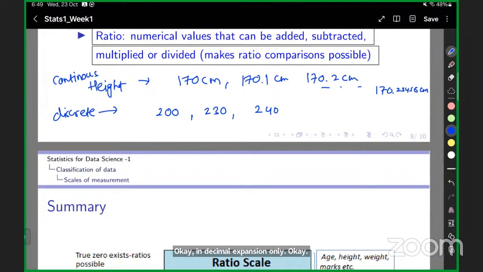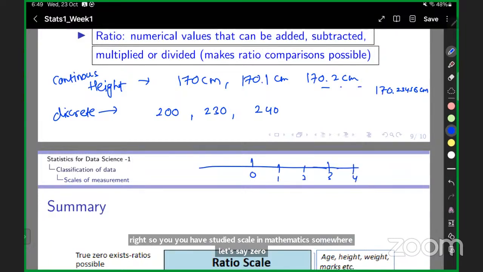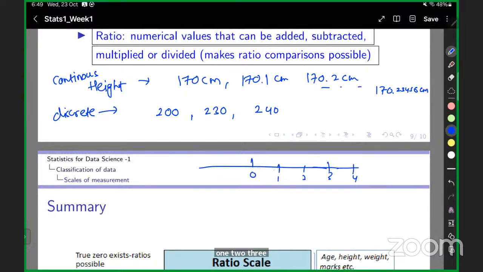It's not about just decimals, but you can take all the values in a scale, right? You have studied scale in mathematics somewhere. Let's say 0, 1, 2, 3. So this is a scale, right? If your measurement can take all the values possible in this scale, all the values, then